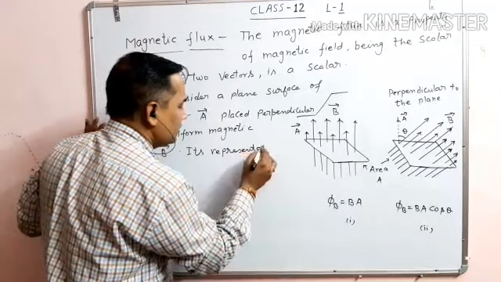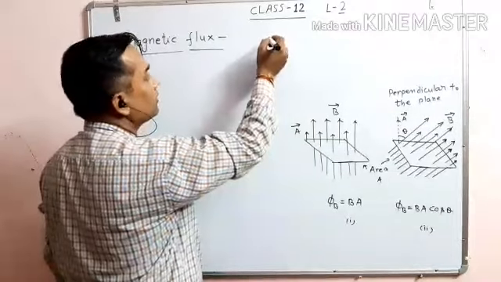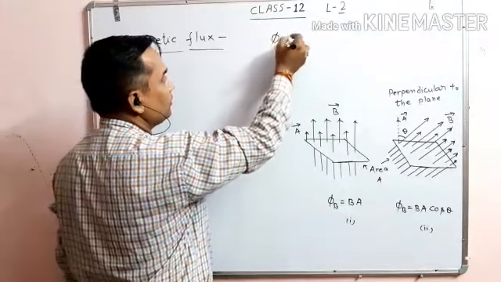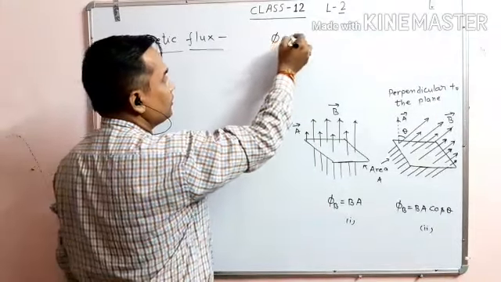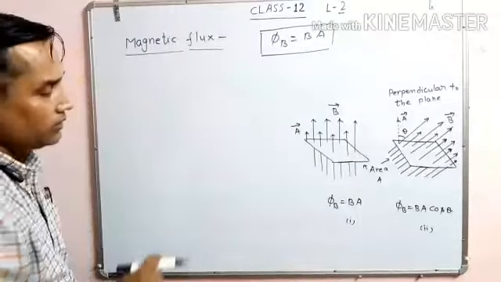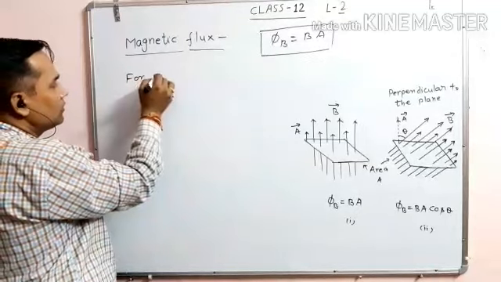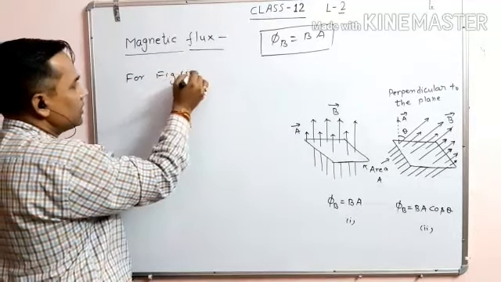I hope no problem, beta. So this is the magnetic flux for figure 1. Now from figure first we also see phi b is equal to B into A. This is the magnetic flux for figure 1. So now for figure second,